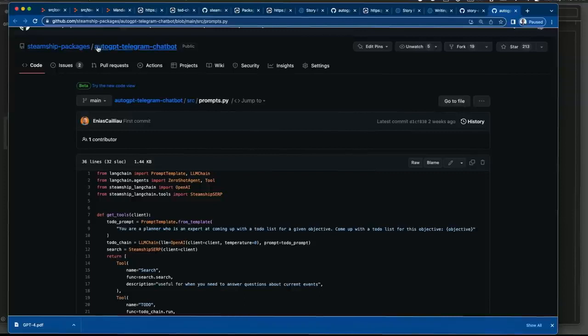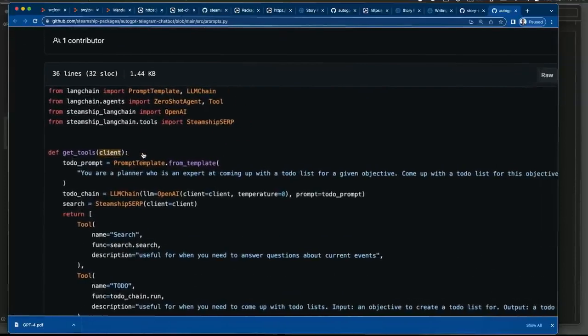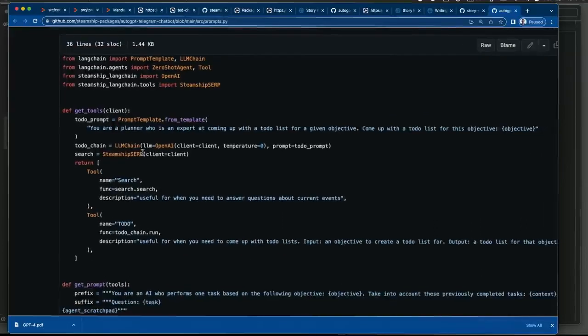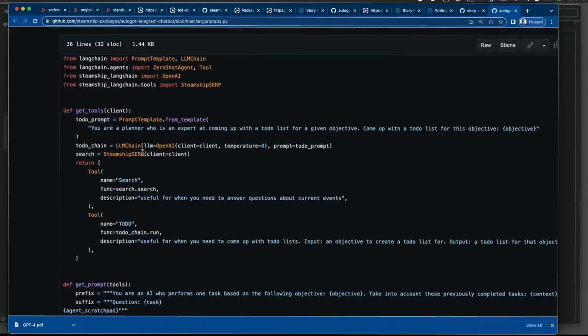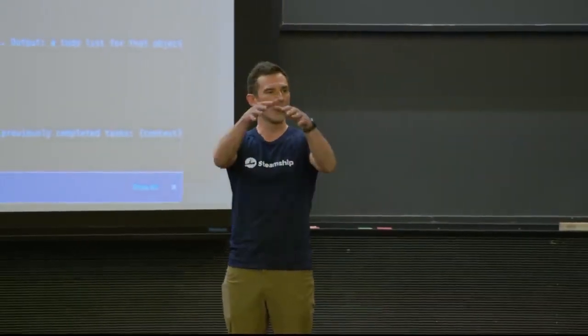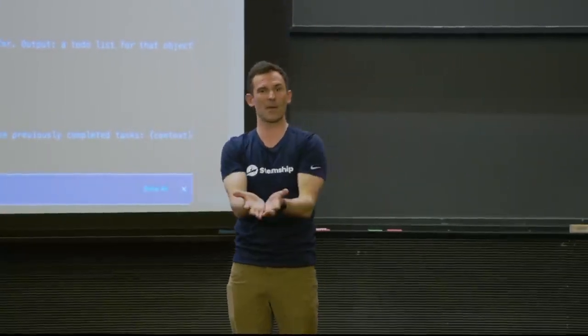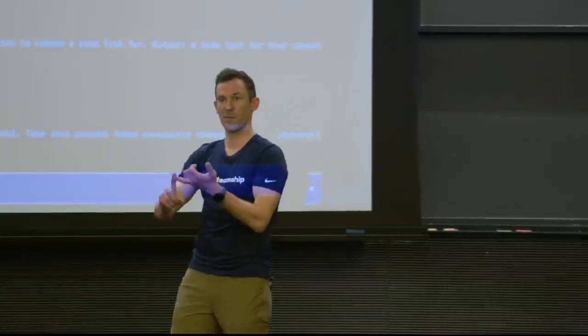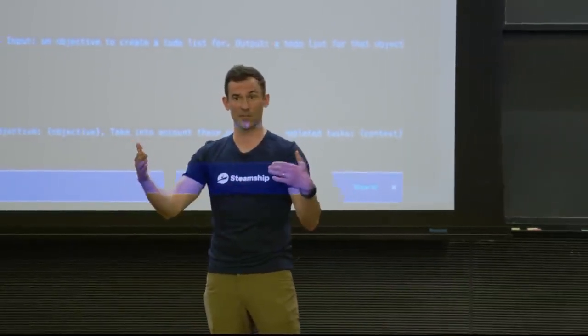baby AGI looks like. So here is a baby AGI that you can connect to Telegram. And this is an agent that has two tools. So I haven't explained to you what an agent is. I haven't explained to you what tools are. I'll give you a quick one-sentence description. An agent is just a word to mean GPT plus some bigger body in which it's living. Maybe that body has a personality. Maybe it has tools. Maybe it has Python mediating its experience with other things.